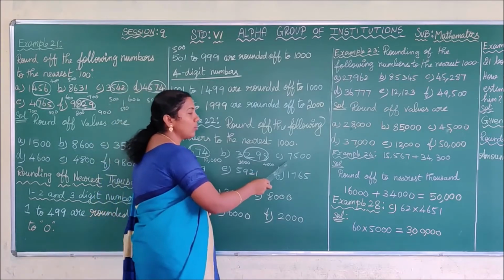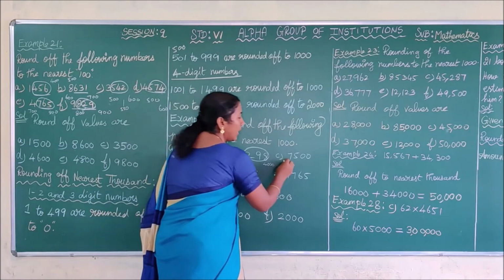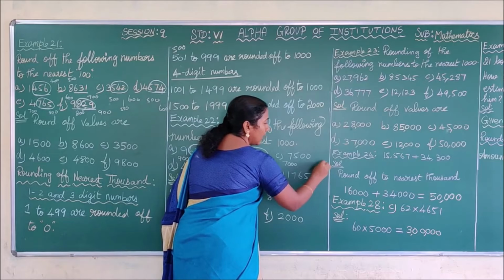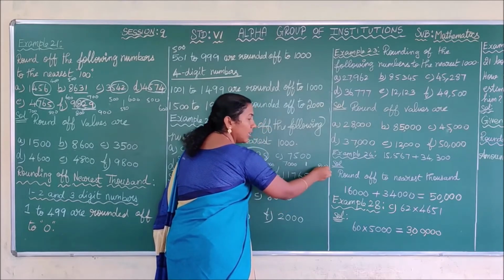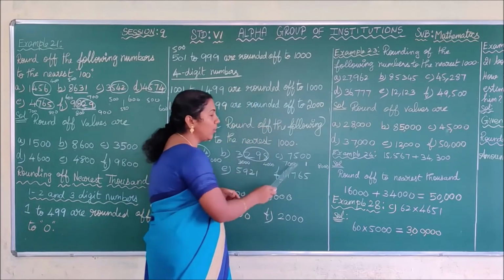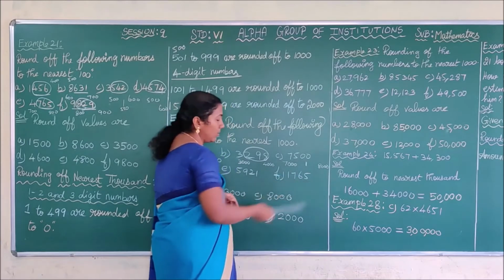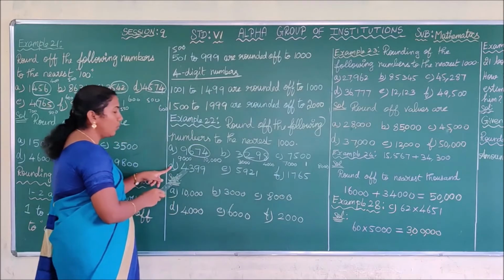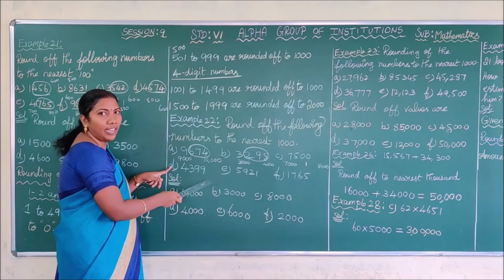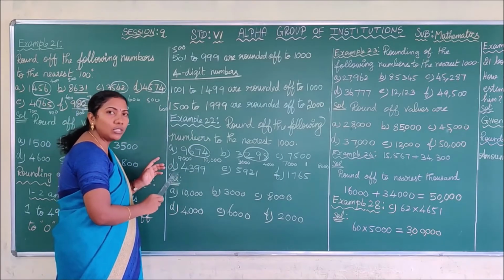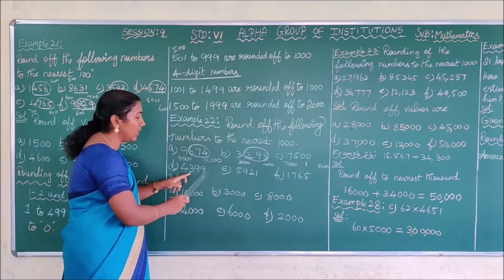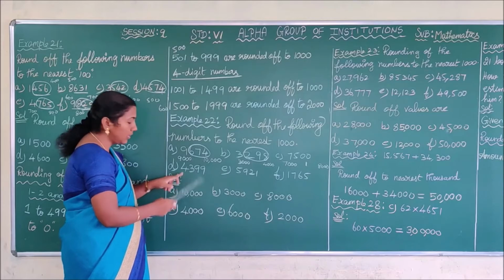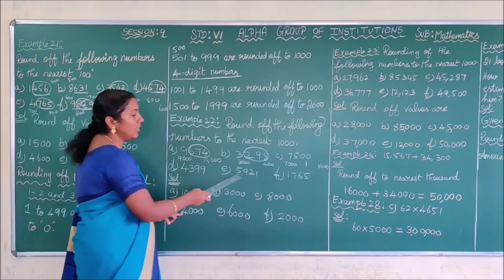See the next one, 7500. It lies between 7000 and 8000. It is in the middle of the 7000 and 8000. So by our convention you have to round off this to 8000. Thus your round off value is 8000. It's clear? See the next one, 4399. It lies between 4000 and 5000. This 399 is before that 500 number. So it should be rounded off to 4000. It's clear? See the next one,